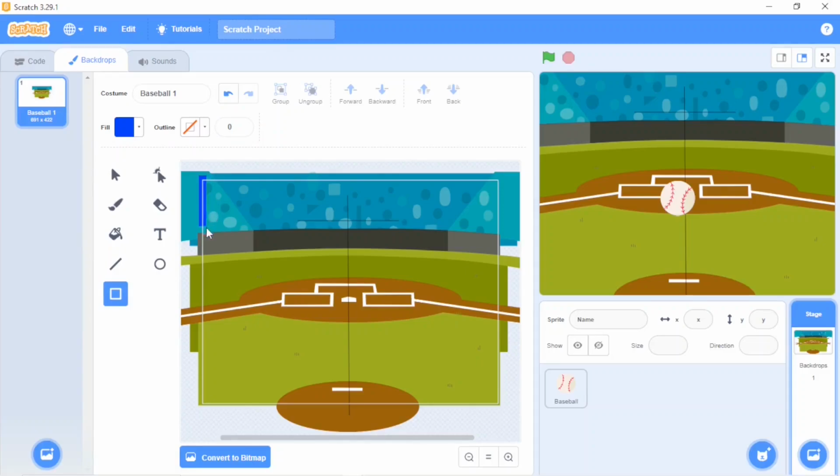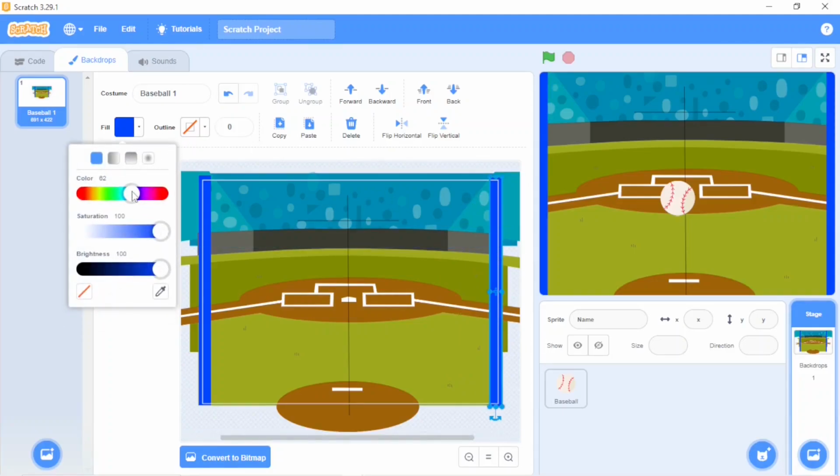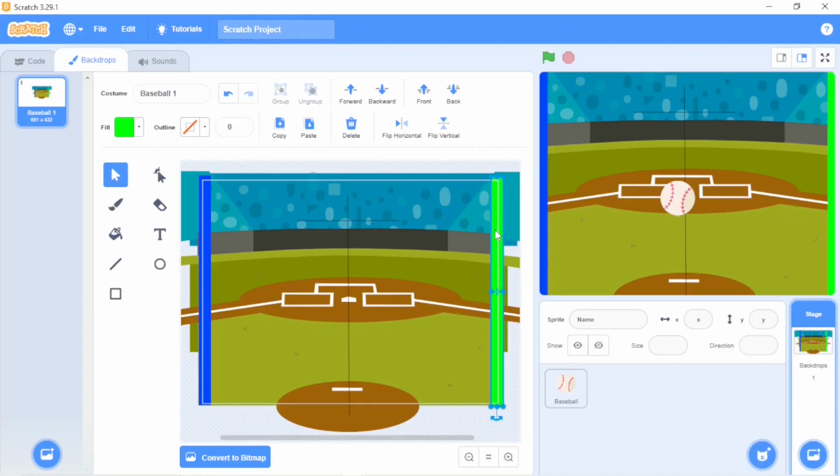I will make a block like this, a little bit like this. Okay, I will copy it. Control C for copy and Control V for paste. I'm going to take this over here, put it, and now I'm going to change its color, which is neon green. I'm dragging this aside with the arrow keys.